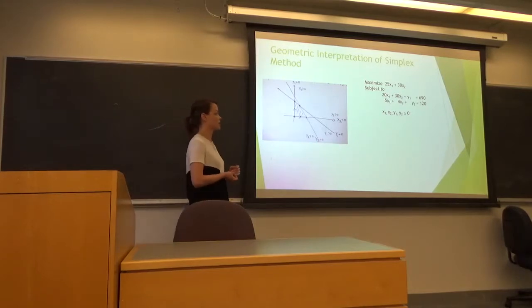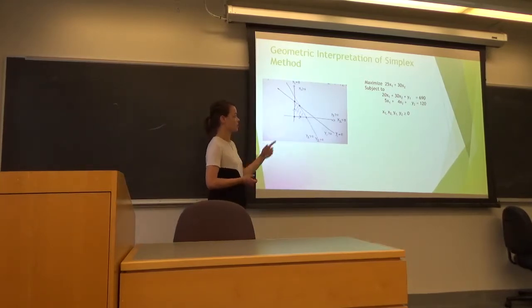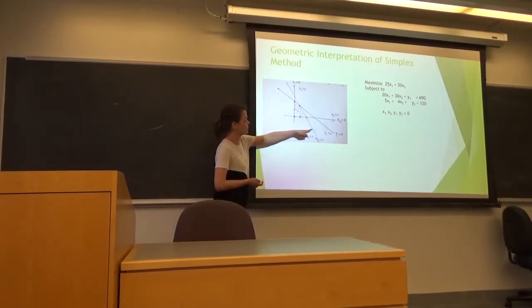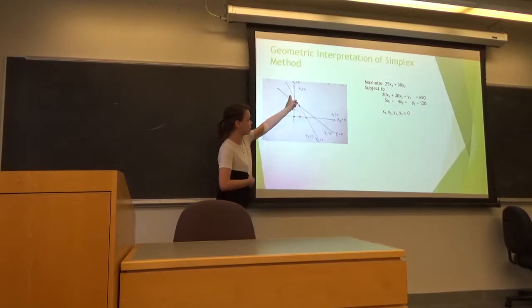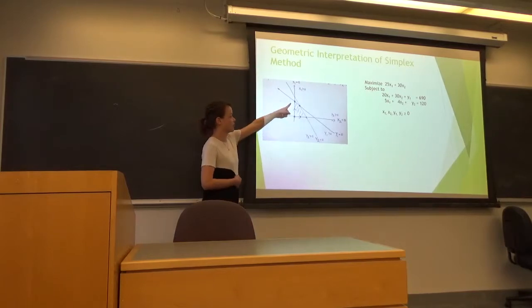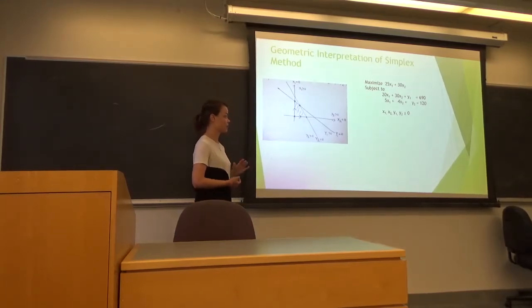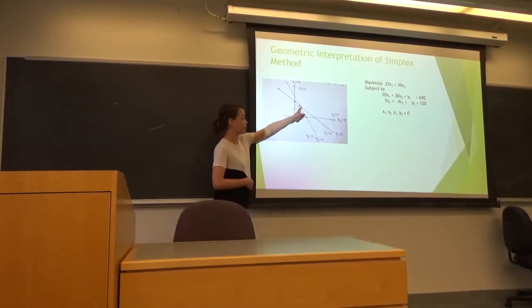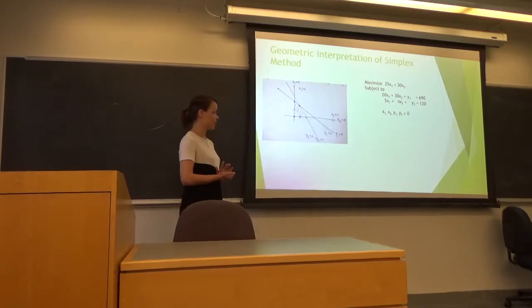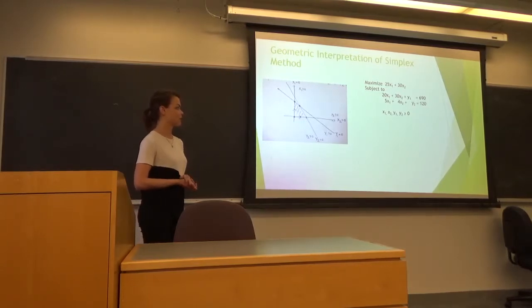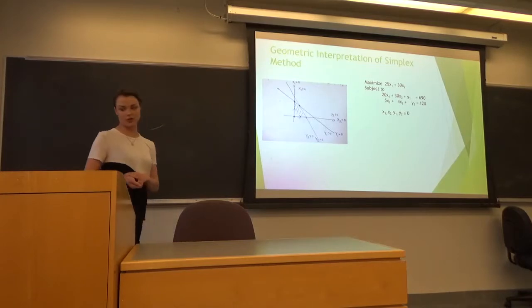So the most that we can increase x2, given these constraints, is up to the next possible extreme point. Because if we go past this extreme point, then y1 becomes negative, and it was positive up to here. So then we're violating a constraint, so we can't increase x2 any more than past that point. So then we would go on to the neighboring extreme point. This is a little bit harder to understand because usually we'll be using more than two variables. So we would look at the next neighboring extreme point, and